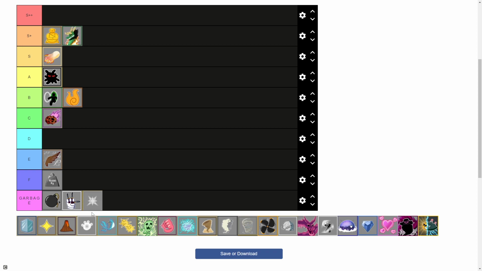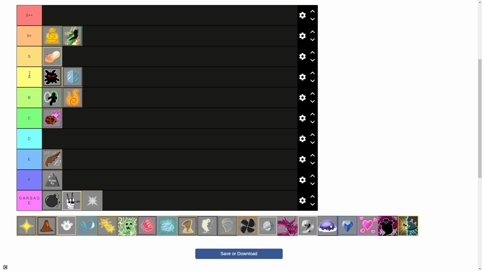Ice Fruit, it's actually a pretty decent fruit for sword users. Very beginner friendly, and it's pretty good for grinding, so I'm actually gonna give this an A here, put it next to Dark. And next up we have Light. This fruit is amazing for grinding in the first sea especially. For PvP, it's not that great. The grinding capabilities of it is really nice, so I'm gonna put this